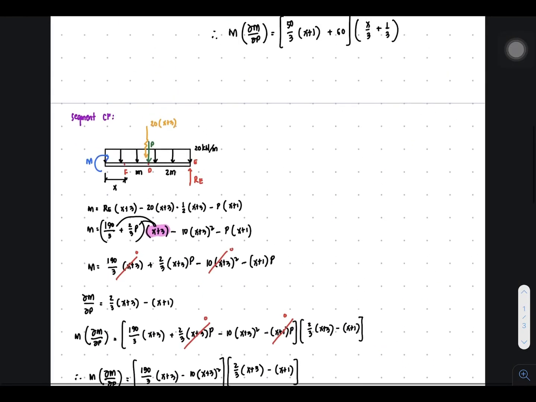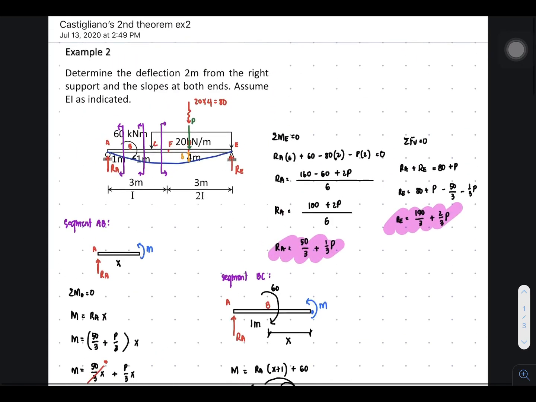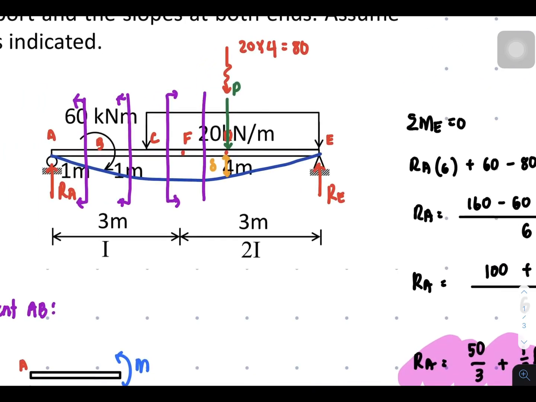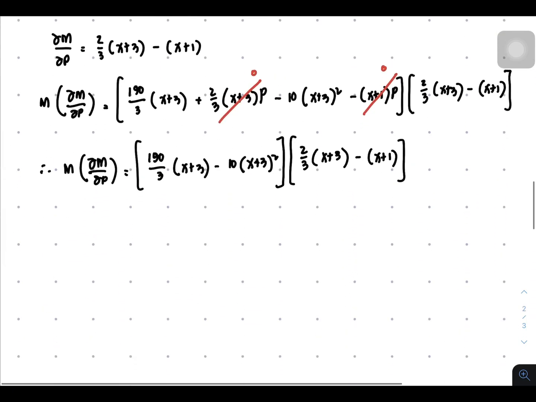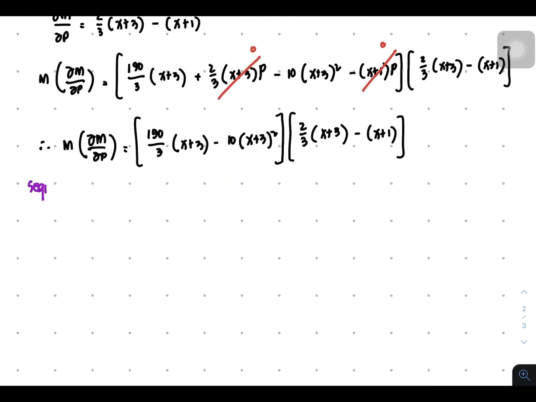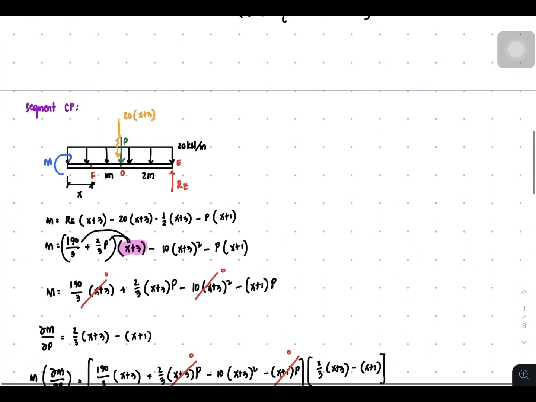So that is the segment CF. Let us continue with the segment FD. So for segment FD, we're going to cut this portion and consider the right side. So FD. So here, segment FD. And for segment FD, I'll just need to copy this